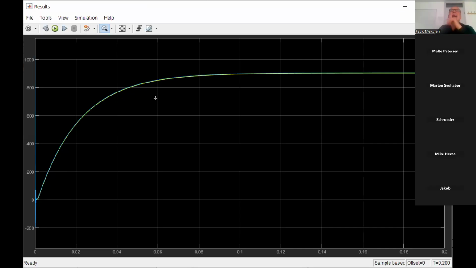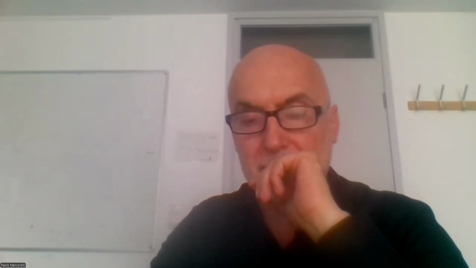Now, if I estimate D, this means if I have a Kalman filter, if I have an observer, which we can see here, for instance, estimate somewhere